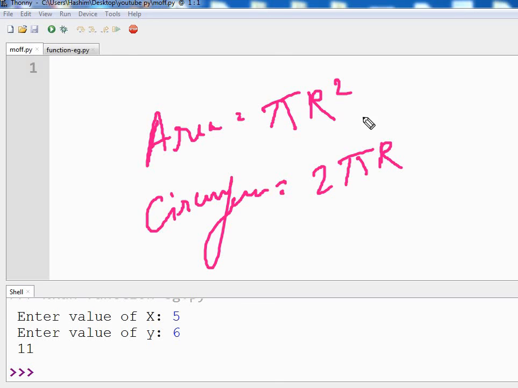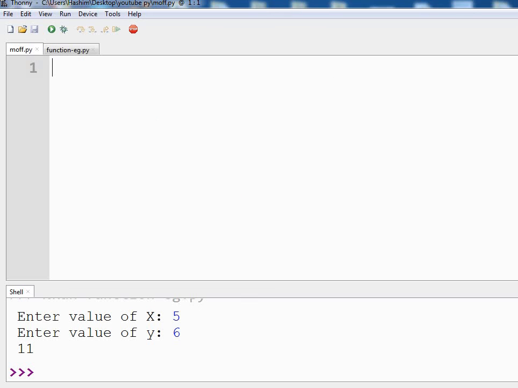So we are just going to supply this r as an argument, and our function will output the area as well as the circumference. So we will get two outputs from our single function, and there are two methods to accomplish this. We are going to first try method 1.